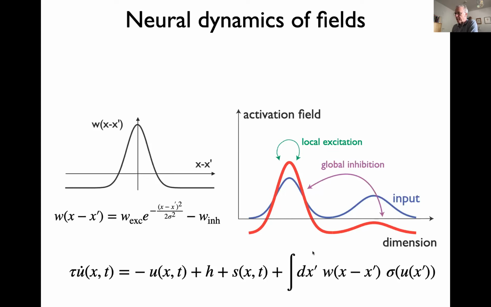So this kernel here has this characteristic shape where it's positive for small distances and negative for large distances. This is a possible mathematical form. This would sometimes be called the Canadian hat. If it goes back to zero, it's sometimes called the Mexican hat. So if the inhibitory function is also limited in range. Now, this is a neural network